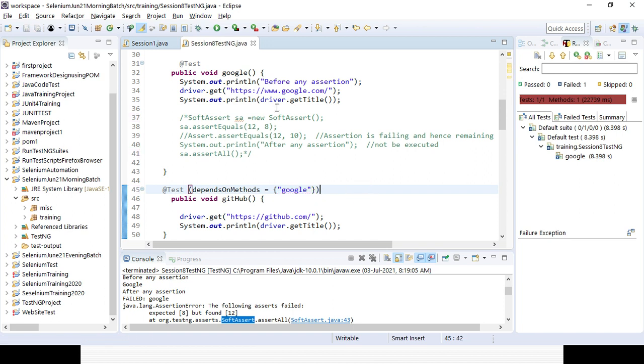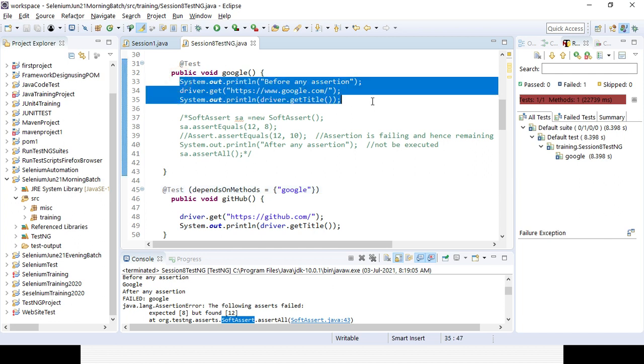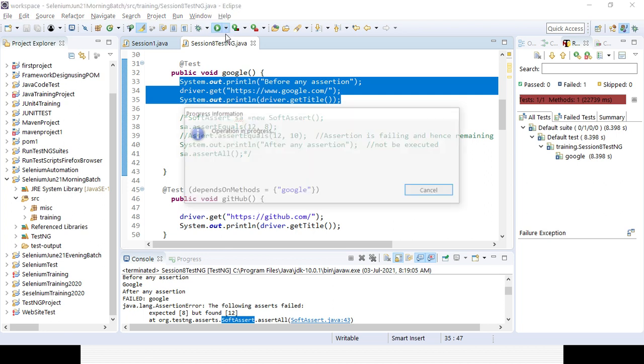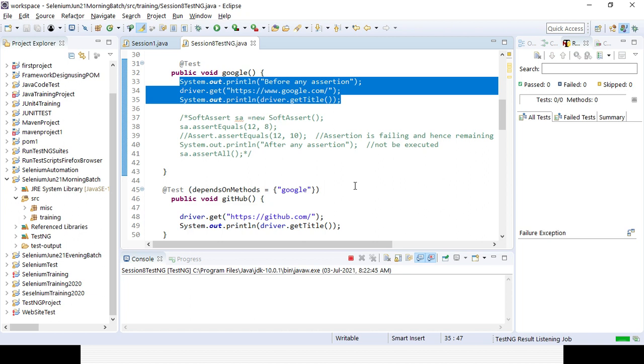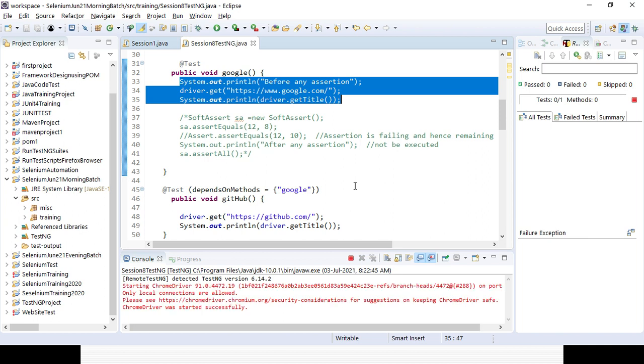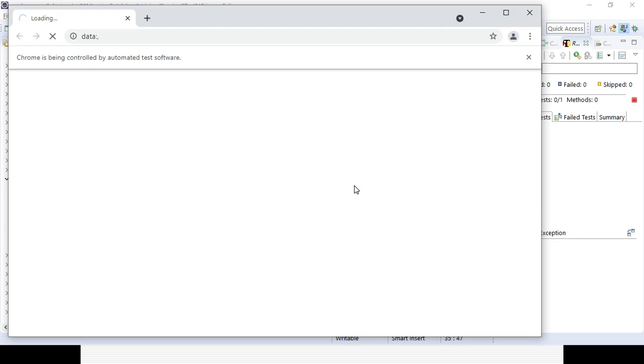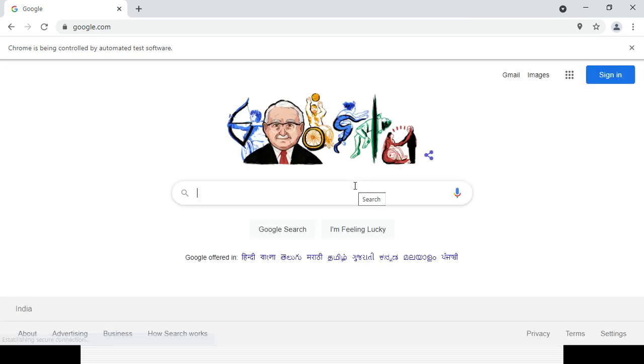So now it will be executed, because the first test case is not failing here, right? It will also be executed and get the passed status. Try to execute it. In case you want to add multiple dependencies, you can just use a comma. Suppose your payment depends on your login being successful as well as product search; only then will it be successful. So that's why you can do it.